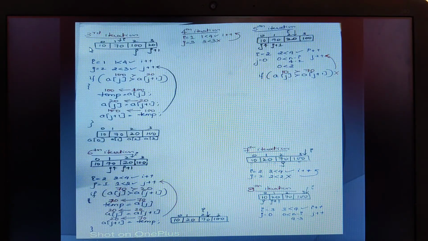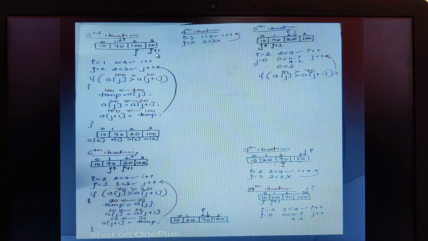Yes, look at the third iteration. When we come to the third iteration, j was previously incremented. So therefore you can see here j is pointing at this particular location. So herein j is pointing to this location, in the sense, definitely j plus 1 will point to the very next location. So the i loop remains as it is. Nowhere have we incremented the i loop. So I have written the i loop as it is. Coming to j, it is pointing to the second location. We need to check this particular condition.